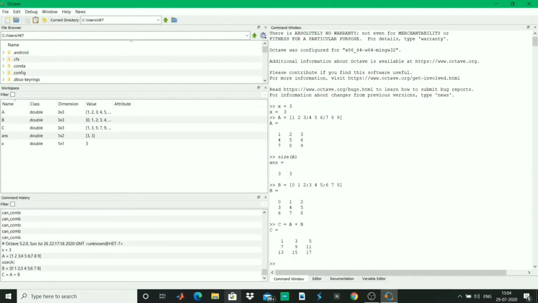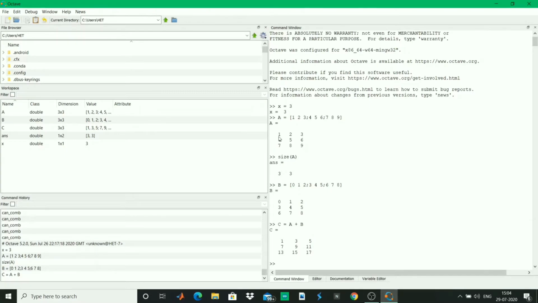On hitting enter, we see that the addition of two matrices is performed. Now we would think about what the addition mechanism is. It is element-wise addition.